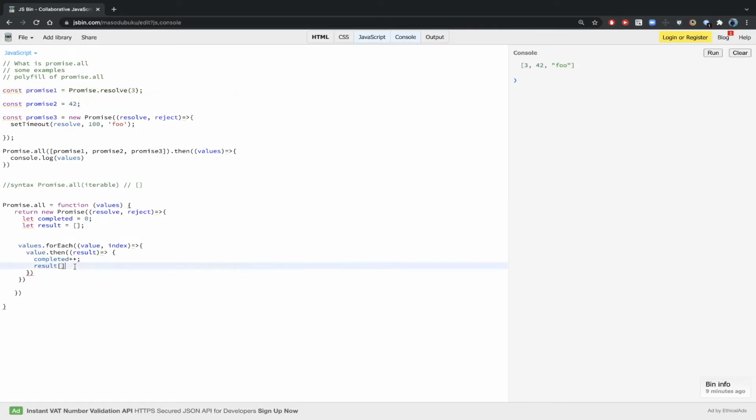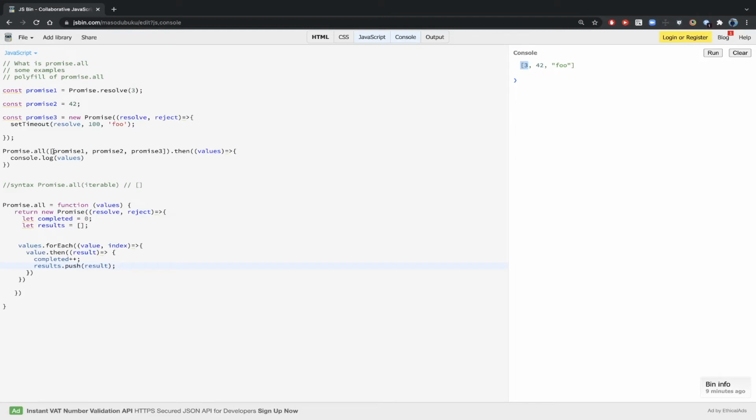If we simply push the result into the results array only when we come here, we'll lose the order. We will not know which is first or last, and whoever resolves first will come in the first position, it can be 42 or 4, but we don't want that.